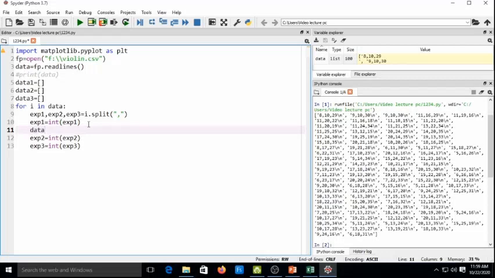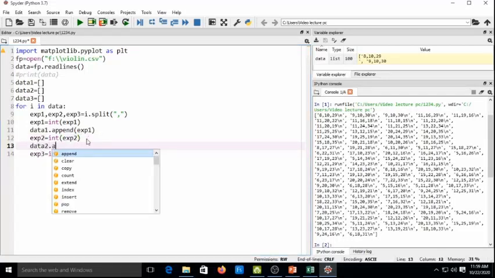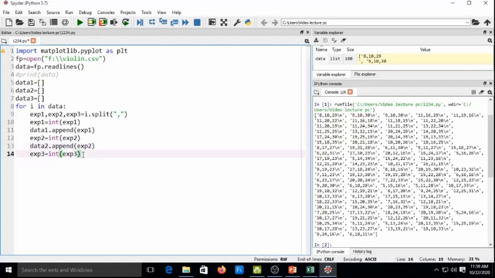So, I have to write data1.append(exp1). Similarly, I have to write data2.append(exp2) and data3.append(exp3).